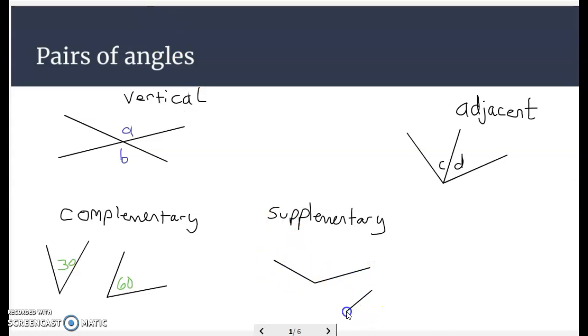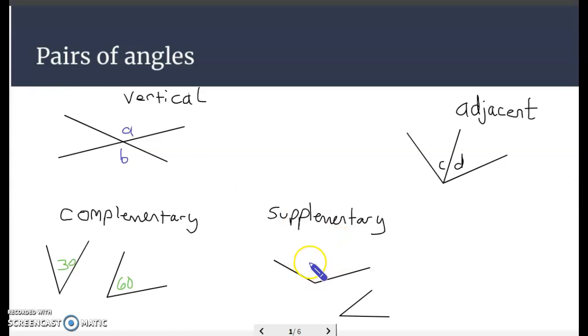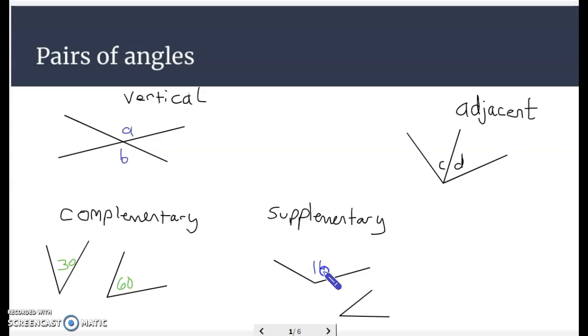These two angles here, again, not drawn to scale, we could say they are supplementary. When you see supplementary, think 180. Let's say this angle is 140 and this angle is 40. Notice how they add up to 180. That makes them supplementary. And then there's another pair of angles that I want to mention because they tie into